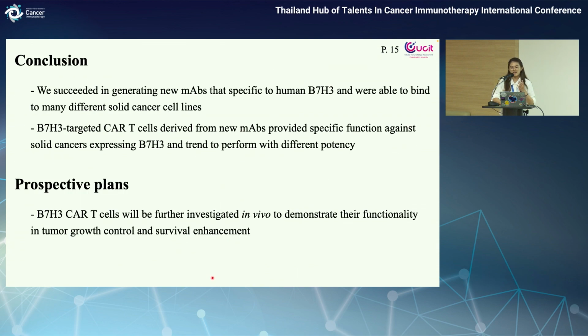This result leads to the conclusion that we succeeded in generating new monoclonal antibodies specific to human B7H3 that were able to bind to many different solid cancer cell lines. Moreover, CAR T cells developed from these antibodies can provide specific function against solid cancer expressing B7H3 and were trained to perform with different potency. Therefore, to pick the best candidate, B7-H3 CAR T-cell function will be evaluated more in vivo for application in clinical